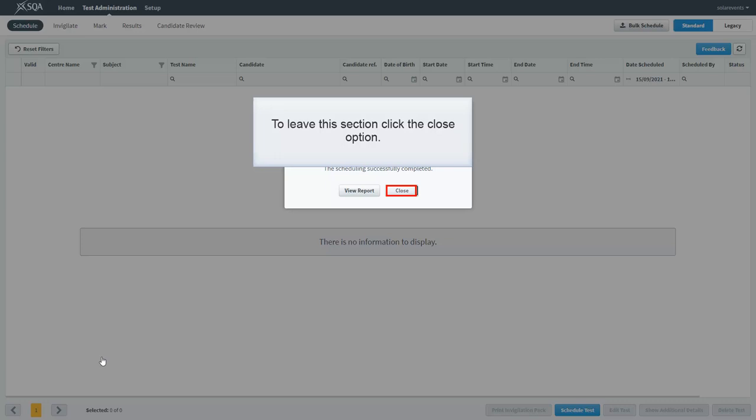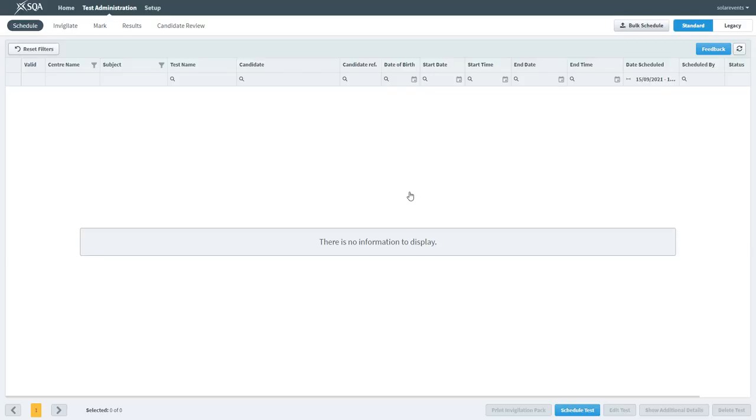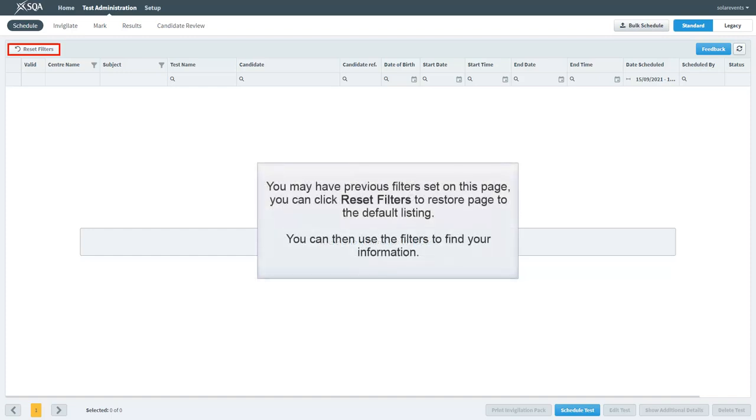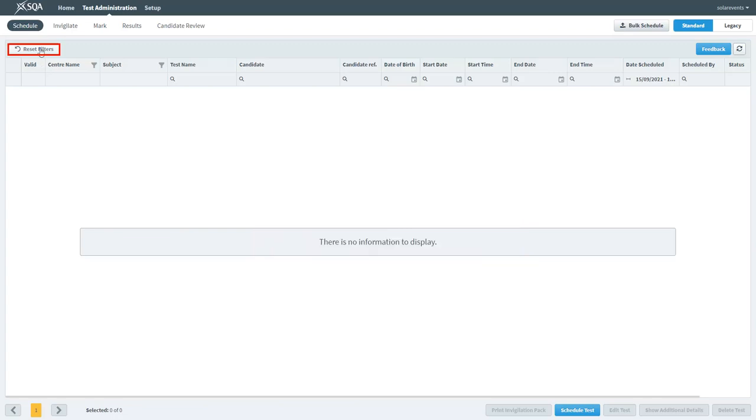To leave this section, click the Close option. You may have previous filters set on this page. You can click Reset Filters to restore the page to the default listing. You can then use the filters to find your information.